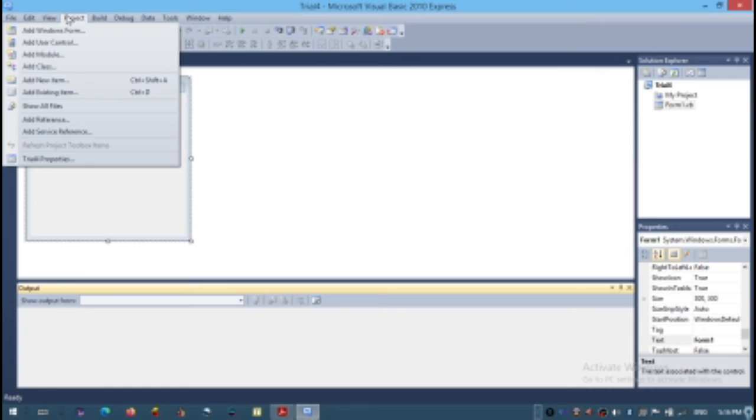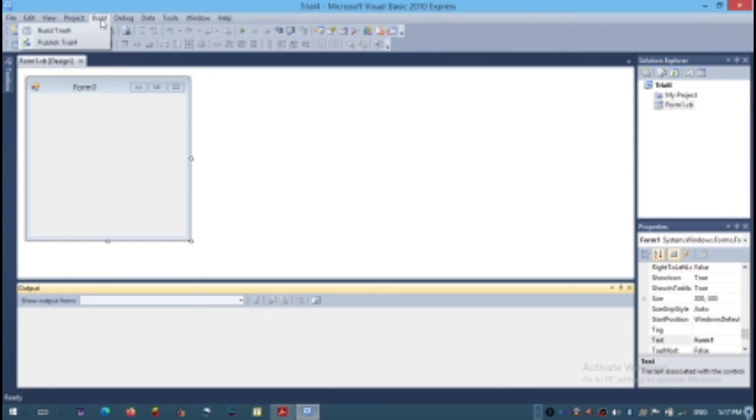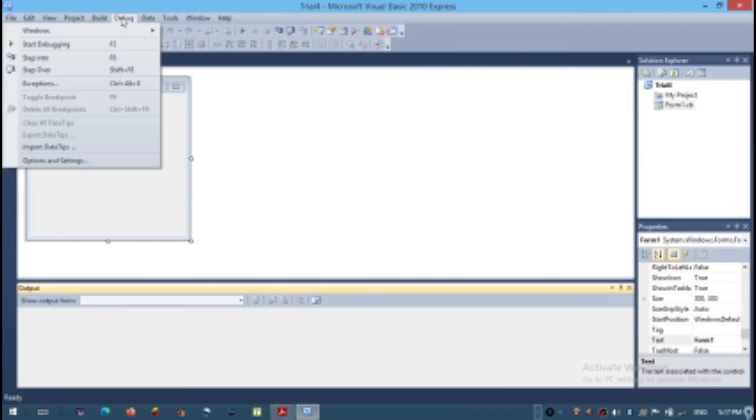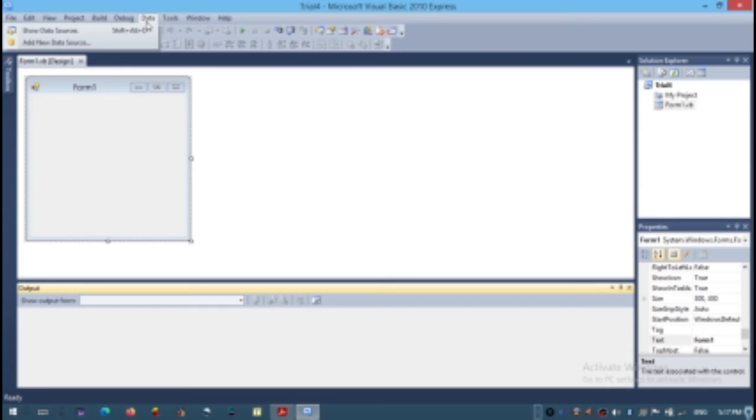The project menu is used to go for new items in the project, to add new classes, new user controls, new forms, etc. Build menu is used to execute the project. Debug is also used to compile and execute the project. Data menu is used when we connect our user interface to the database.